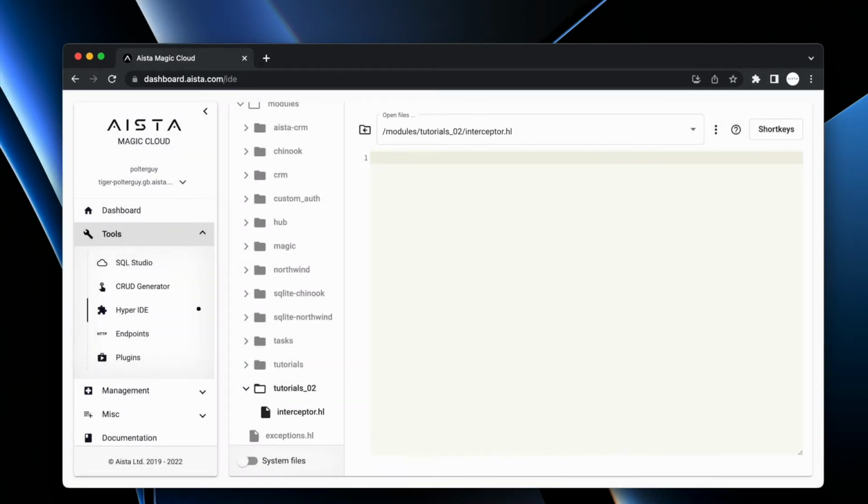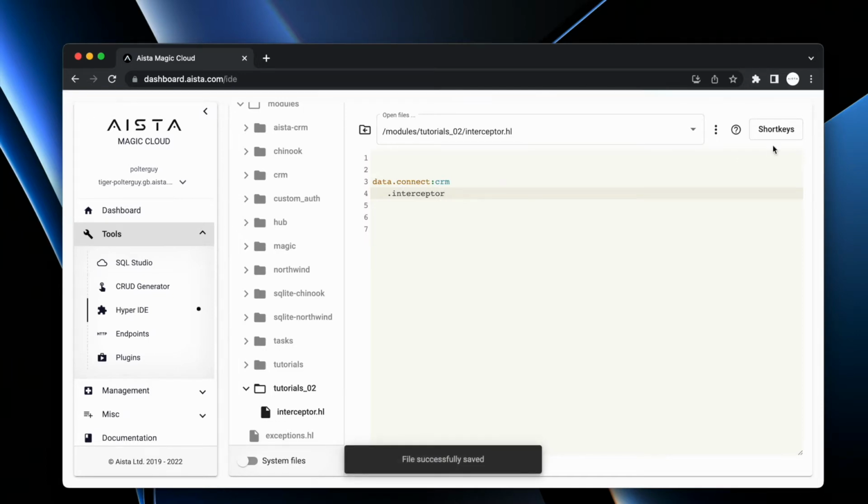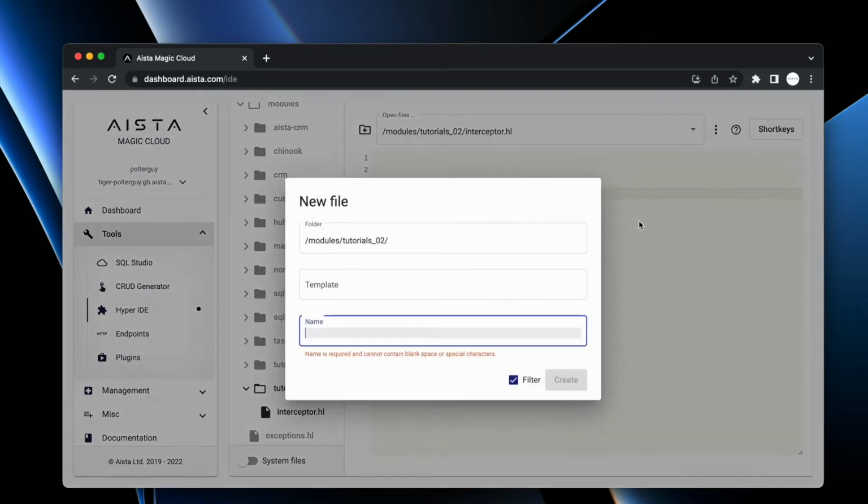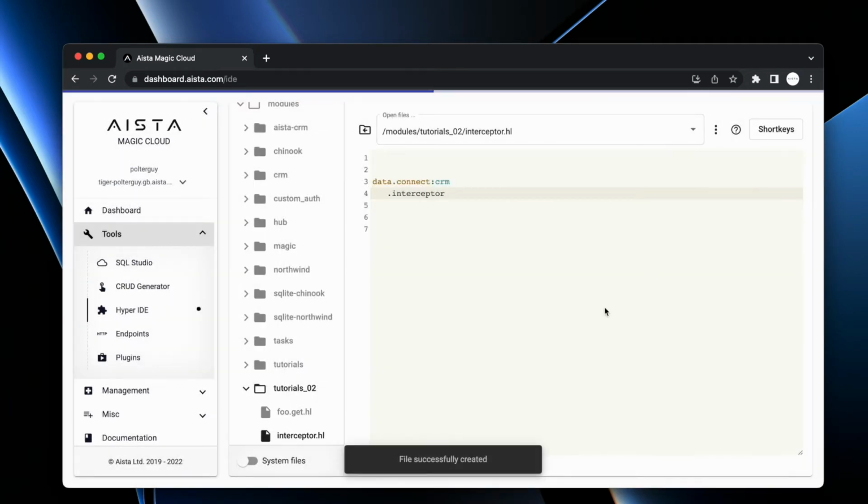And like everything else in Magic, everything is by convention. So the file name here is literally what declares it to be an interceptor. Now, if I write data.connect here, and I connect to the CRM database, and then I write .interceptor inside of this data.connect invocation, then I add another file called foo.get.hl, and from within this file,